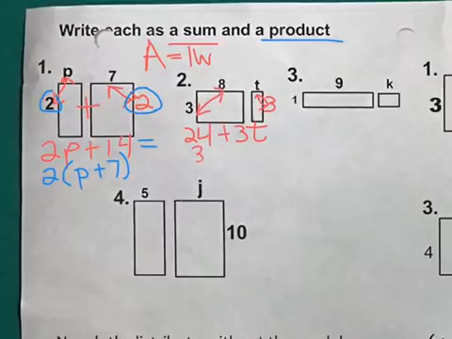Writing it algebraically, your term with the variable comes first, so it would be 3t plus 24. That is the area written as a sum. Now to write it as a product, 3 is the same in both rectangles. So you factor